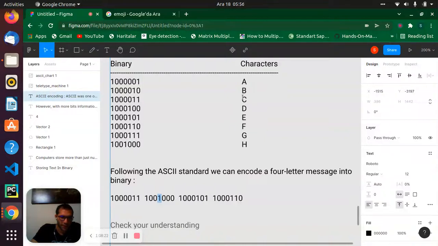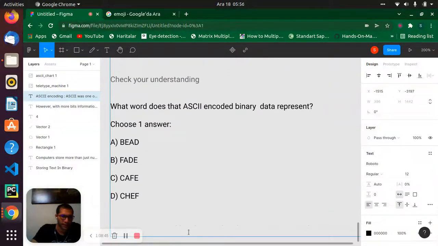And if it is 67, this one is 68, 69, 70, 71, 72. This one is H. Then we know we have C, H. And this one will be 5. And let's come here. And this one is A. So it's going to be chef.